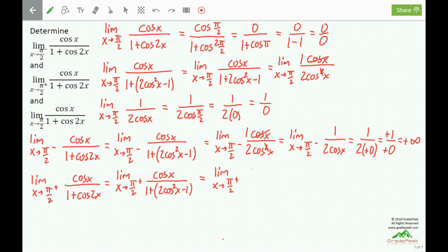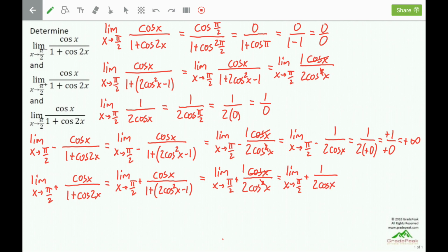Again, the ones can cancel, leaving just a 2 cosine squared x. And one of the cosines in the denominator can cancel with the cosine in the numerator, leaving a 1 in the numerator. And so it becomes 1 over